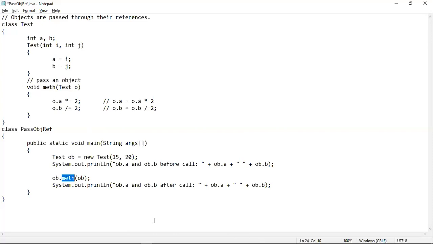So this is how we can implement call by reference in Java by passing objects as parameters or references as parameters. As we are passing the objects, which are also known as references, that's why the term call by reference. Here we have seen that the changes that have been made in the formal parameters actually have effect on the actual parameters. Now let's execute the program to see the change in output.